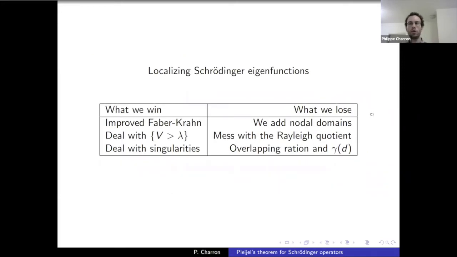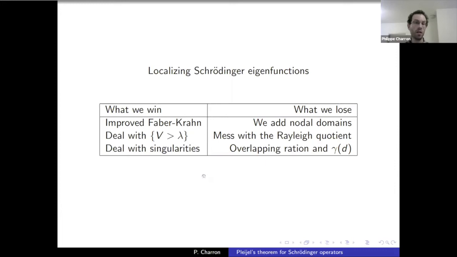So basically what we're going to do is take this eigenfunction f_n, multiply it by some element of a partition of unity, and that's going to allow us to have simpler estimates on one side, but worse estimates on the other side. The first thing that we win is that because lambda minus V will not vary too much, the infimum of lambda minus V and the integral of lambda minus V will be very close. They'll be much closer because we restrict ourselves to a region where V doesn't change that much. So that's the first thing.